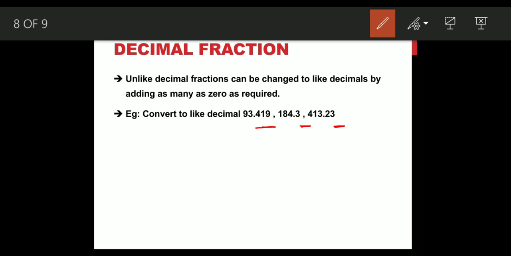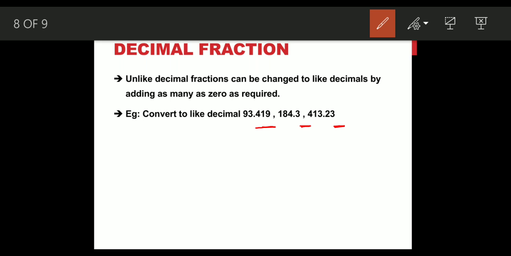So it is an unlike decimal fraction. So how to convert, how to change? Now which is the maximum, 3 or 2 or 1? 3 is the largest number compared to the other ones, right? So which means what? The decimal number, that is why I am asking you to find the highest value, because